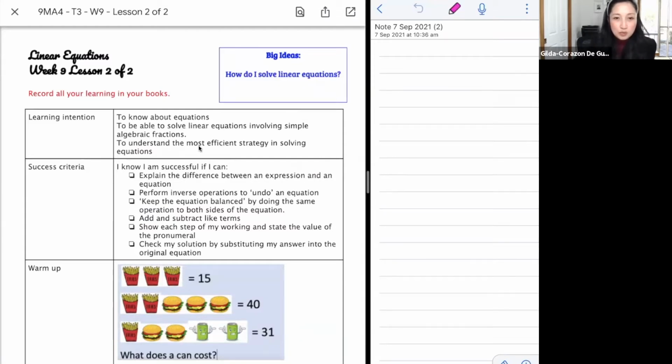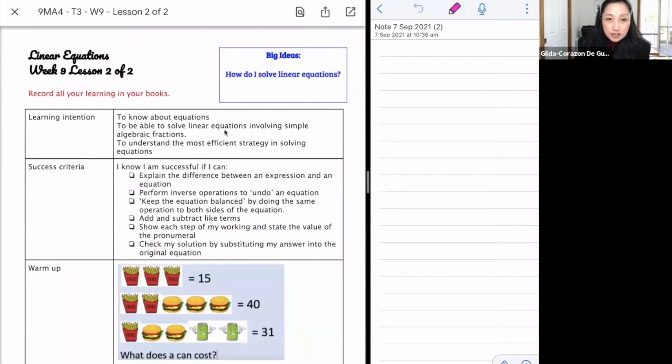So what we want to focus on when we solve equations is looking for that most efficient strategy. Not all equations can be solved by just one way. There would be different ways, and depending on the equation that you have, there would be a better way of solving that equation. All right, so what we want to solve would be those that we call